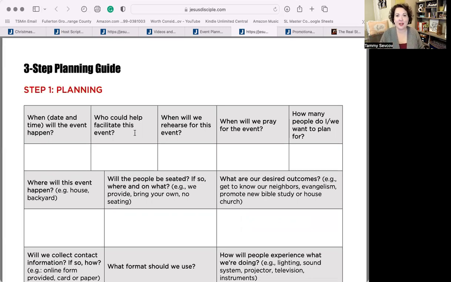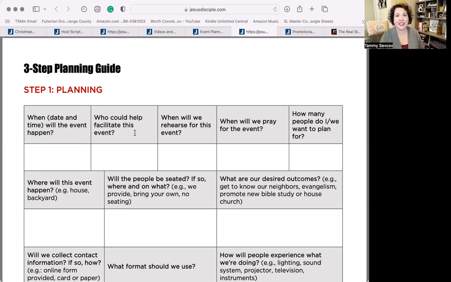God brings teams together for a purpose. One is so that all the pressure isn't on one person, but it's not just a selfish motivation. There's also others that should be a part, that need to be trained, that would care to be a part of something like this, to see people saved. So I want to encourage you to ask the Lord, who might be the team that would partner with you and your spouse to really bring a Christmas Story Outreach to life.